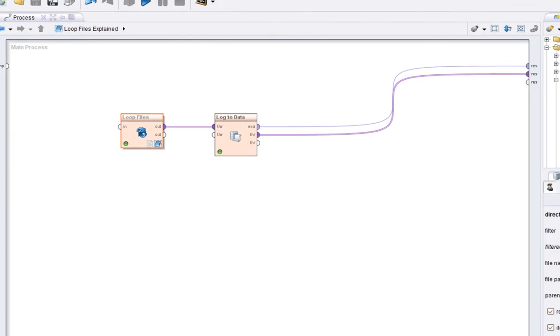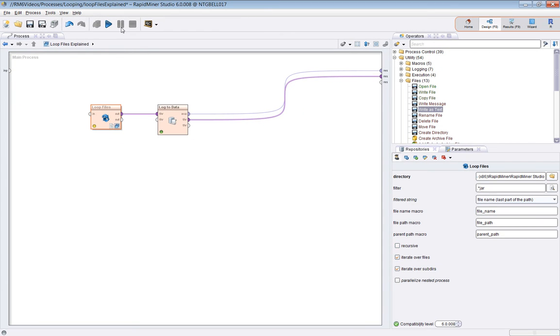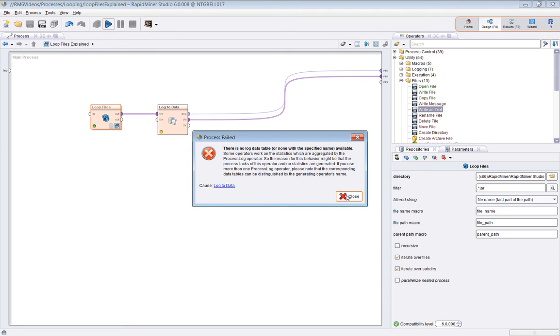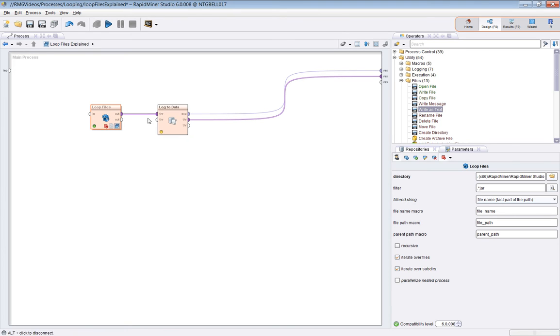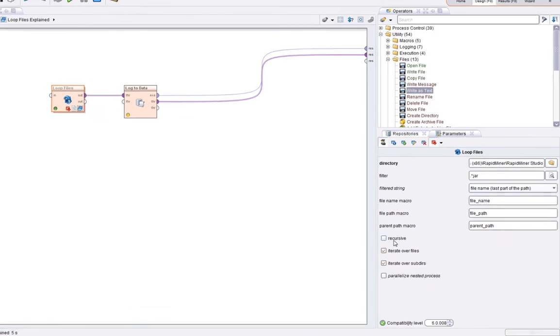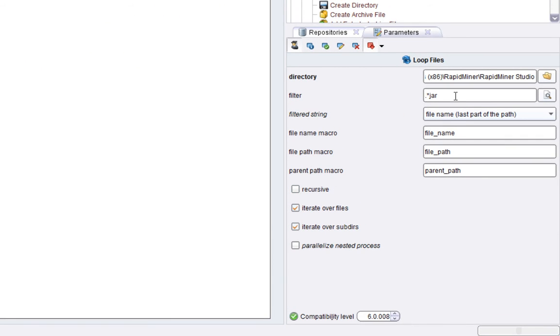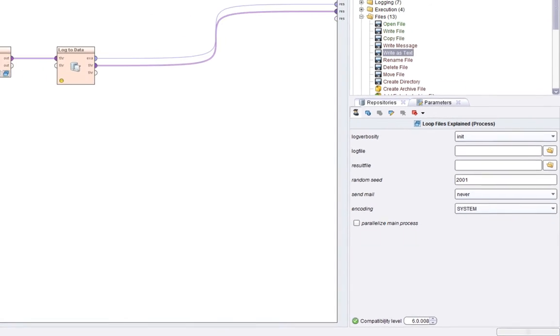Now if I turn recursive off, you'll notice that it fails. And the reason for that is it's not going into any of the subfolders and it's not finding anything, so the log to data operator has essentially failed. If I set a breakpoint on the loop files, that's okay, it hasn't failed in there, but there's actually no output. So what's happening here is that the recursive flag means it's not going into the subfolders and it's not finding anything. If I change that, if I delete that and run it again,